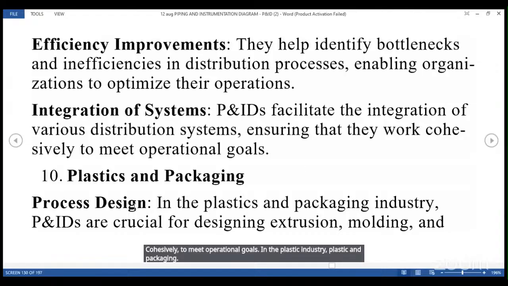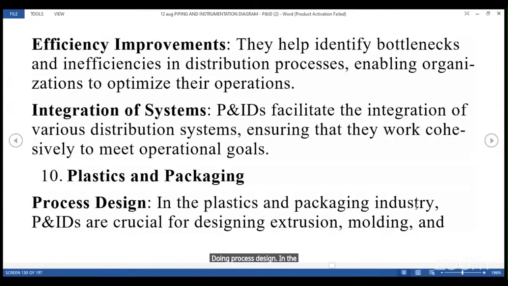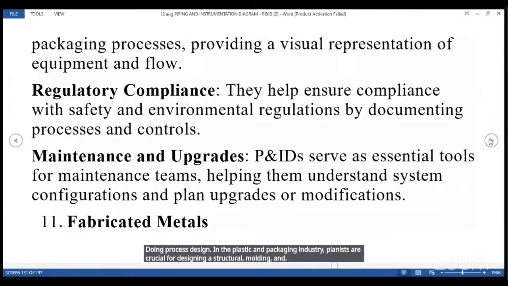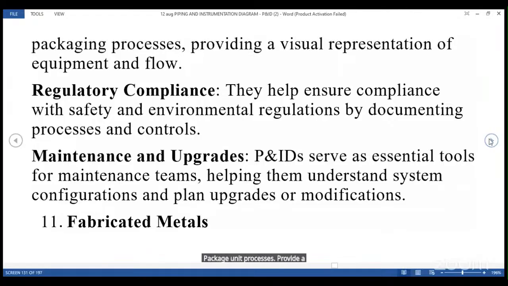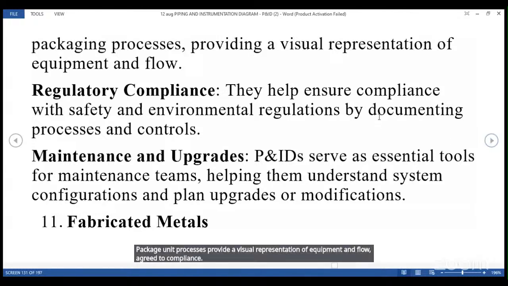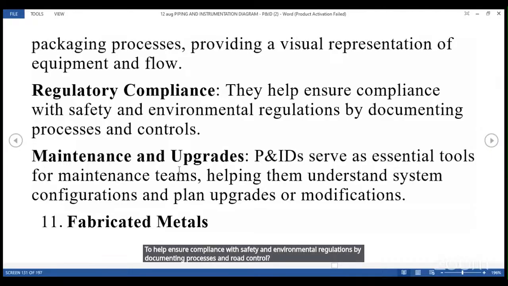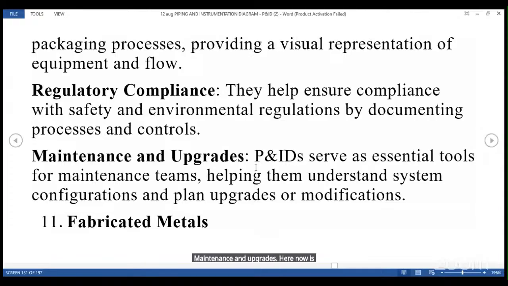During process design, in the plastic and packaging industry, P&IDs are crucial for designing extrusion, molding, and packaging processes, providing a visual representation of equipment and flow. Regulatory compliance. They help ensure compliance with safety and environmental regulations by documenting processes and controls. Maintenance and upgrades. P&IDs serve as essential tools for maintenance teams, helping them understand system configuration and plan upgrades or